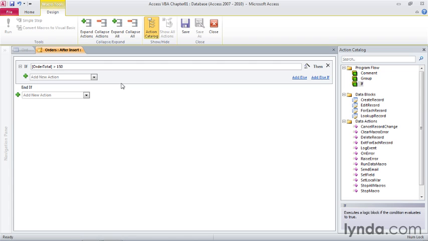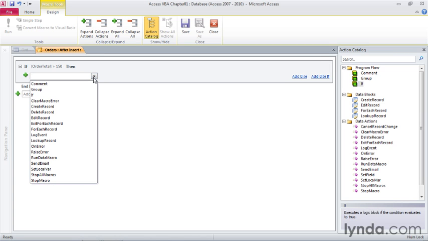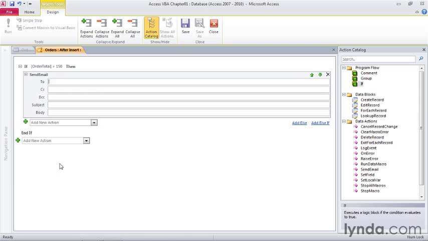Now we need to tell Access which action to take if an order of greater than $150 is entered. To do that, you click the Add New Action list box's down arrow, and then select the action you want. In this case, we want to send an email, so I'll click Send Email from the list. And then you get a list of items that you can set. For To, you type in the To email address, and that'll be